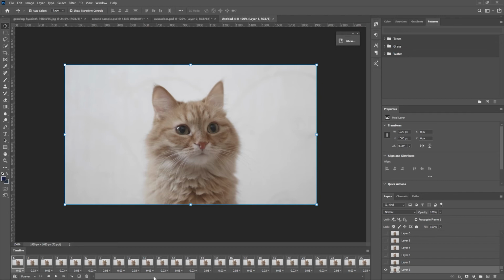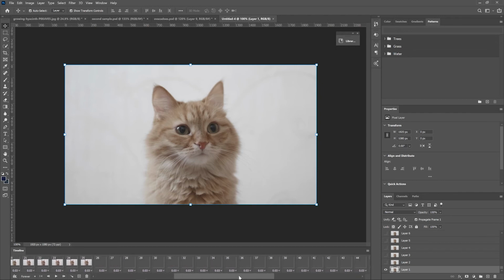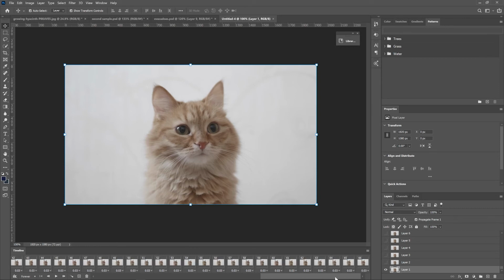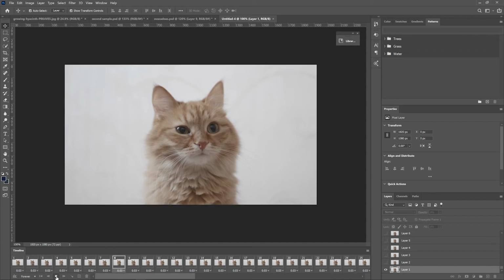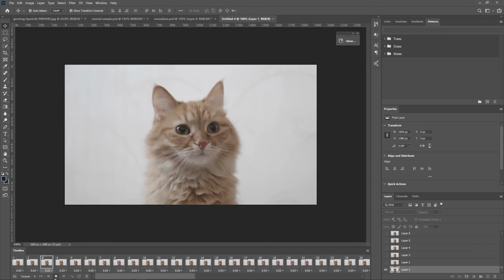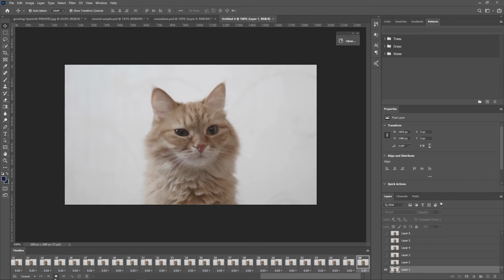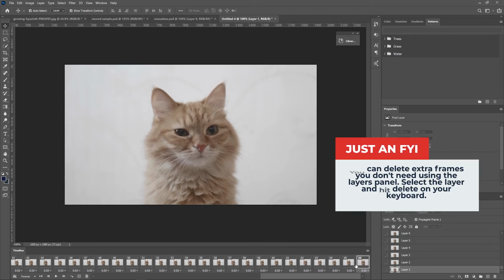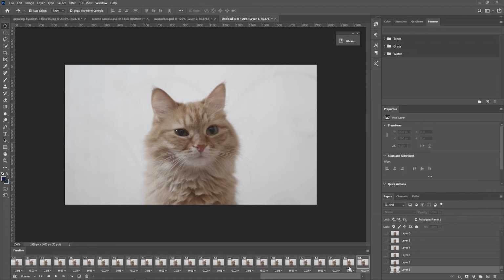Now as you can see, there are so many frames, way too many. So I'll get a quick preview and see what I see. So I get the wink, and right about there, wink, and there. So if you don't like the frames, if you want to get rid of some of the frames, all you need to do is select them and then delete them. Now that I have everything as I wanted,